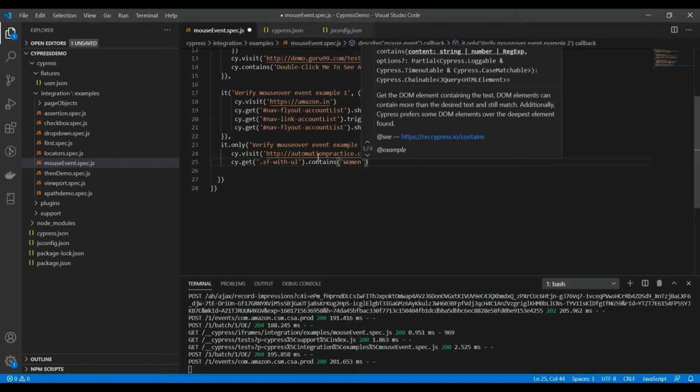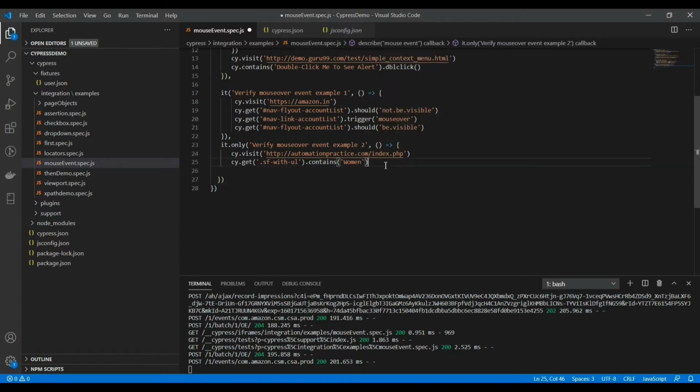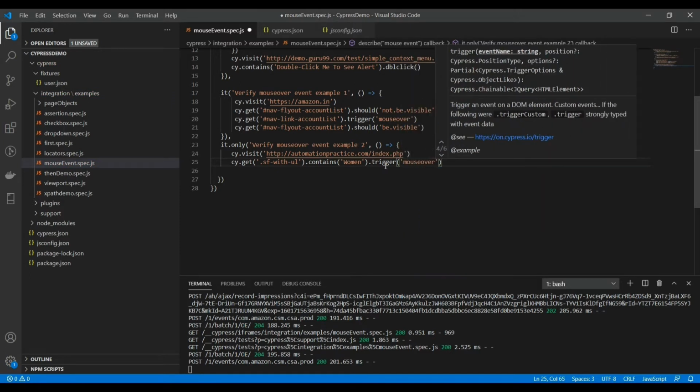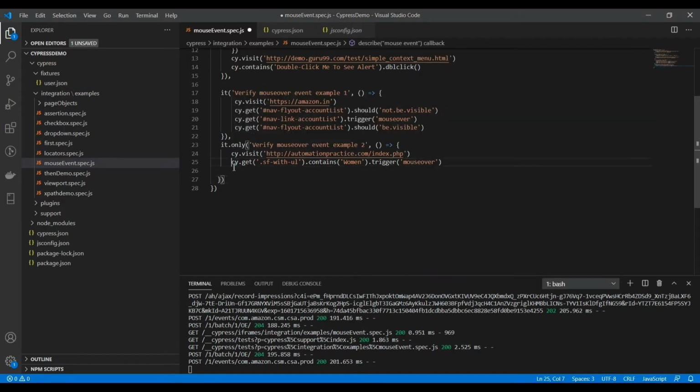And now if I trigger the mouse over event, then the subcategories should be displayed. Okay, so let's see if it is working or not.